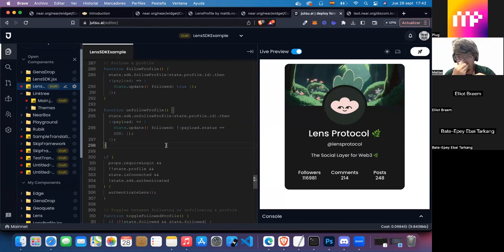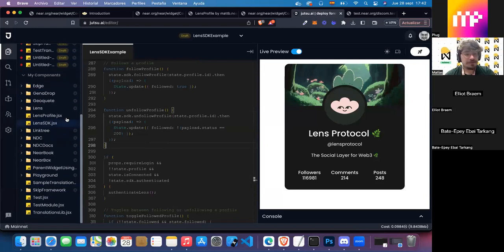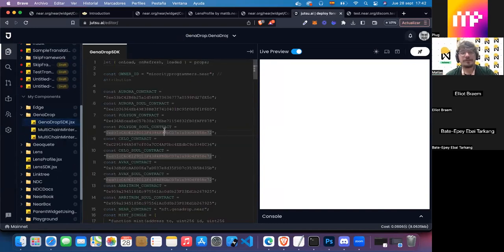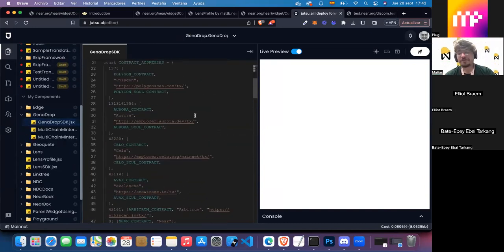But you have this pattern of making SDKs even for GenaDrop, for your application, you're using the SDK there. Can you go into that, since it's also based on NEAR interactions? What is the quick breakdown of how you began to formulate an SDK for that? Okay. Yeah. So basically, what I